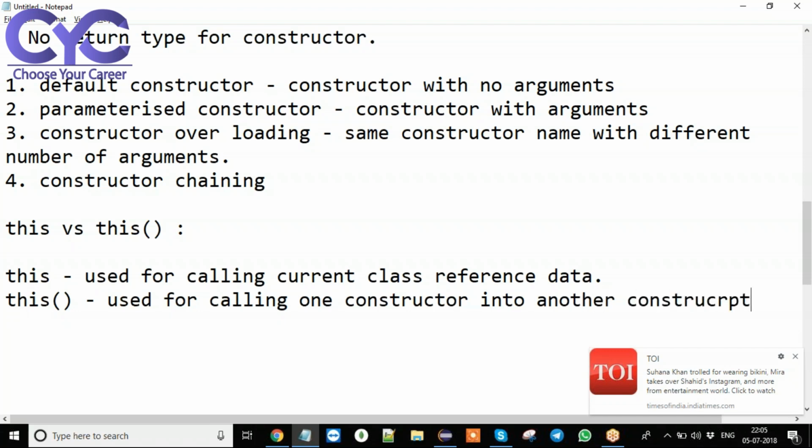Now see here, this is the difference between the this keyword and the this method. Don't get confused, there is a lot of difference between them. The this keyword is for calling only reference data, but the this method is for calling one constructor into another constructor.